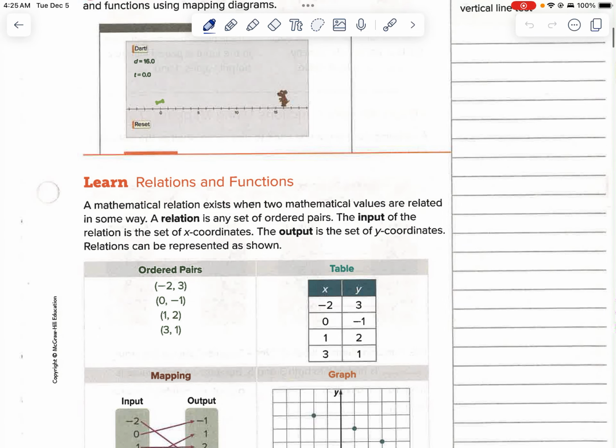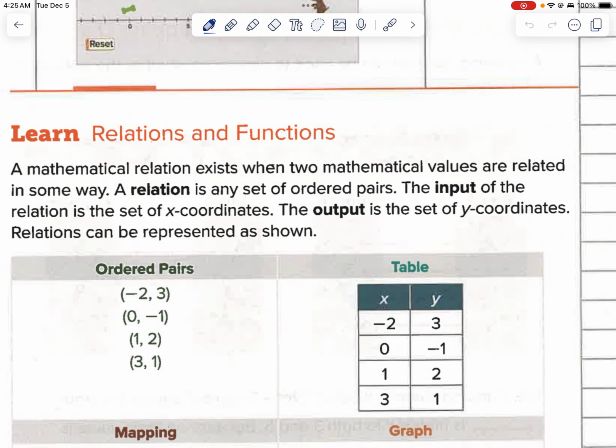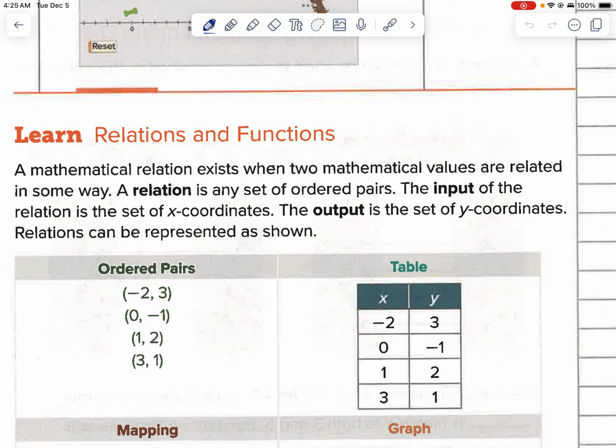Okay, the first thing we have to do is go over a little bit of vocabulary. A mathematical relation exists when two mathematical values are related in some way. This word right here, relation, is any set of ordered pairs. So if you have a whole bunch of ordered pairs, then you have what is called a